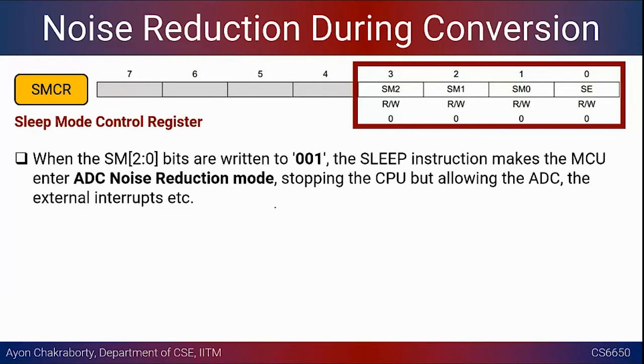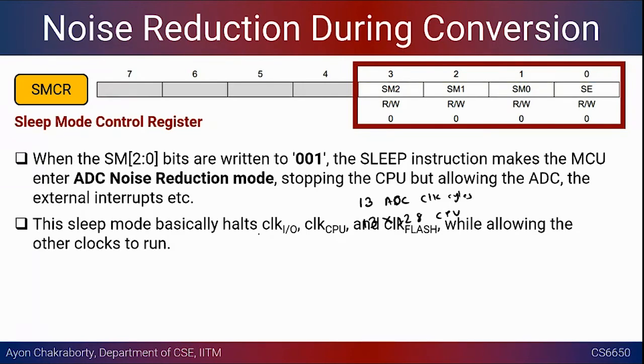As you can see in this example, just to complete the conversion, it takes 13 ADC clock cycles, right? Which is like 13 multiplied by 128 CPU clock cycles, right? So this is not a bad idea to keep your CPU in the sleeping mode, and there are other things that you can also keep in the sleeping mode for that amount of time when the conversion is taking place, right? And not only that, it is also going to reduce the amount of noise that is introduced during the conversion. Okay, so you can look at the manual for more details.